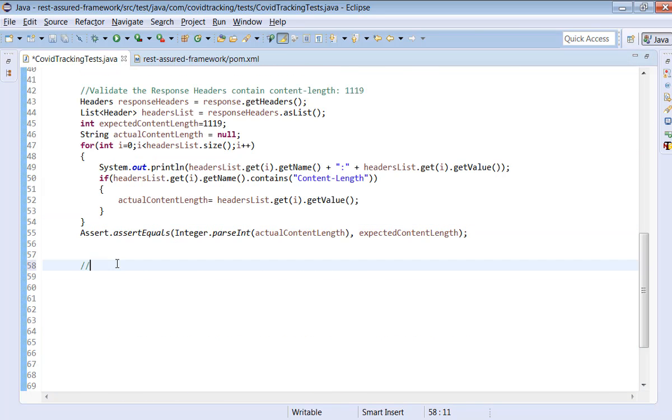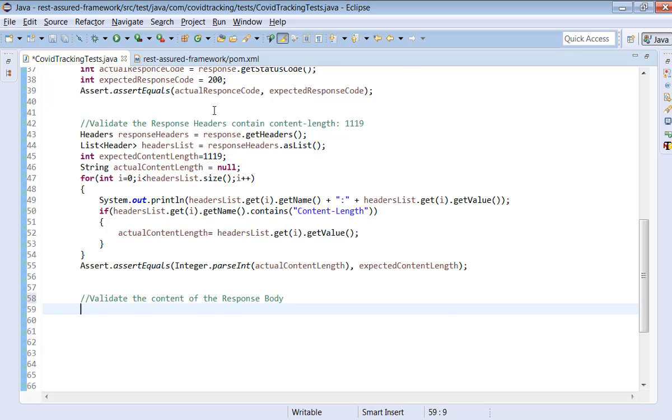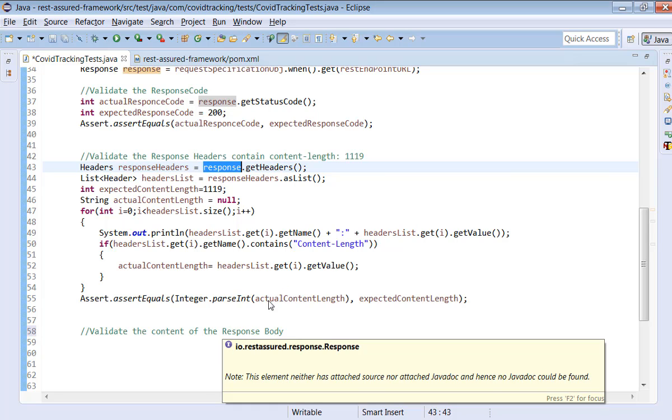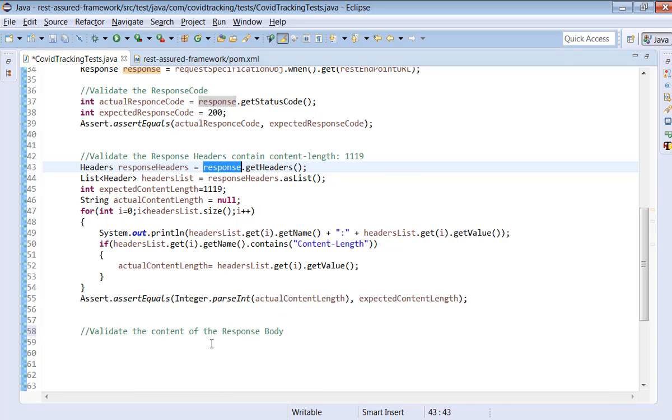Now, go back to the program. Next validation, validate the content of the response body. For this, what we have to do is, we got the response here. You can see we have response.getStatusCode, response.getHeaders.